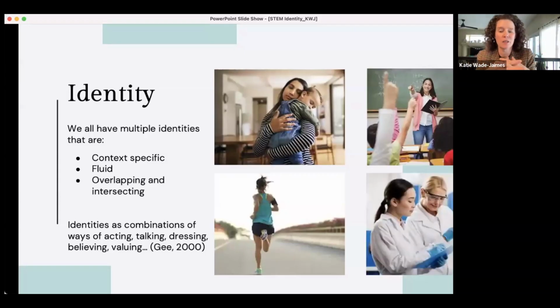And then finally, we're going to think about today, what does that identity of a scientist look like, or a science person? And what are some of the things that indicate that identity? And are those things compatible with these other identities that I might have and that might be important to me?